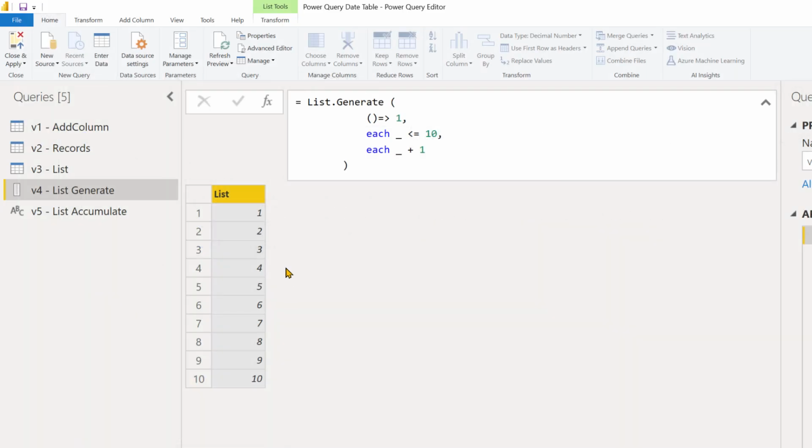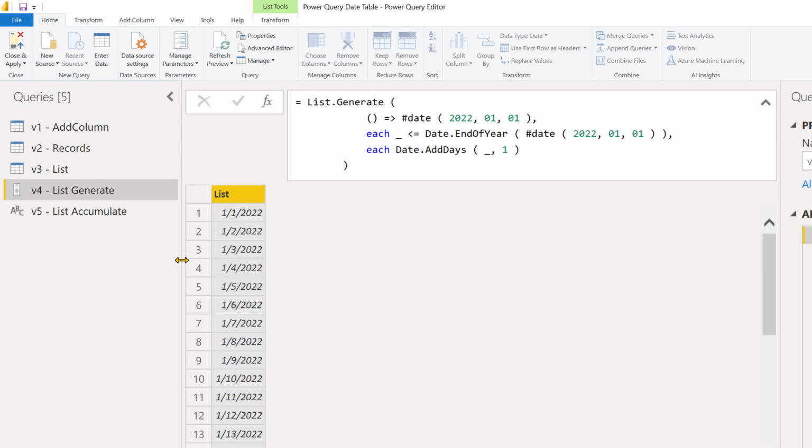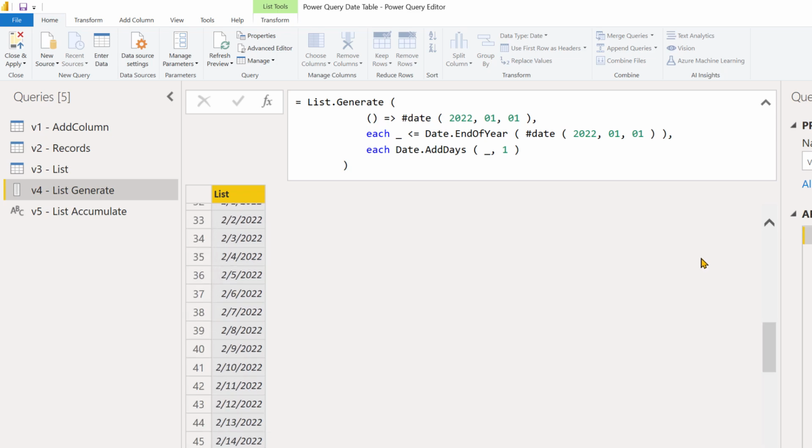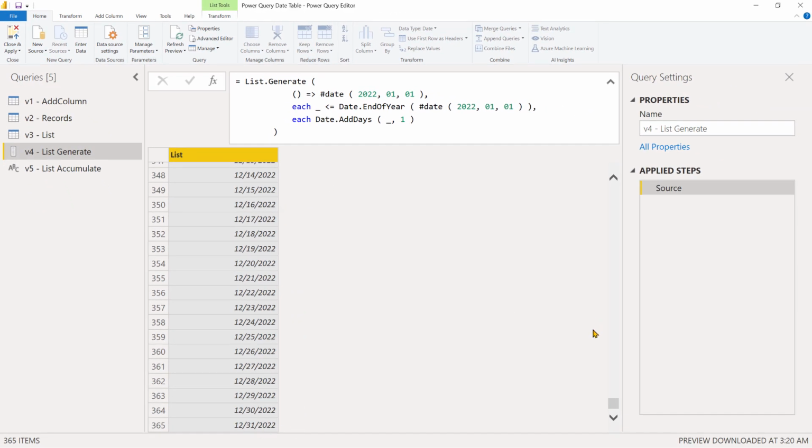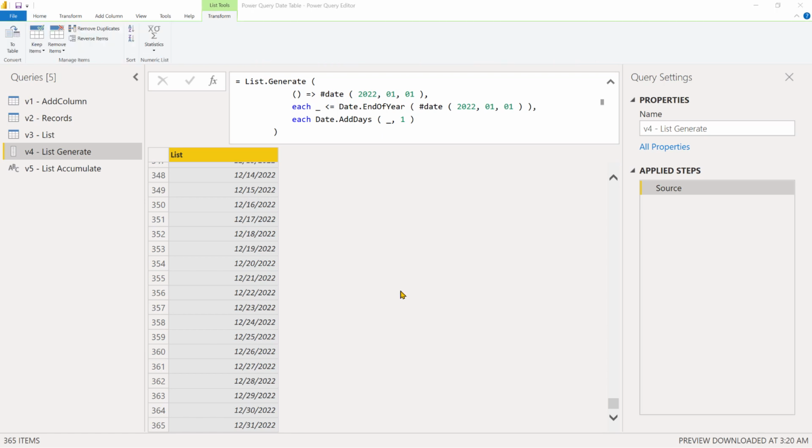So if I click on done, you can see that we have generated a list that contains all the dates from 1st of January. And if I scroll down, we are getting 12/31/2022. So that means we are correctly generating all the dates for the one particular year. Before we move ahead, there is one thing that I want to tell you, that the List.Generate function